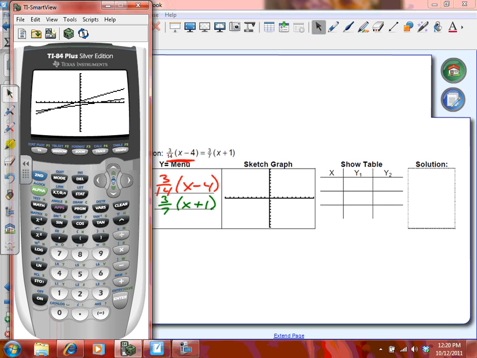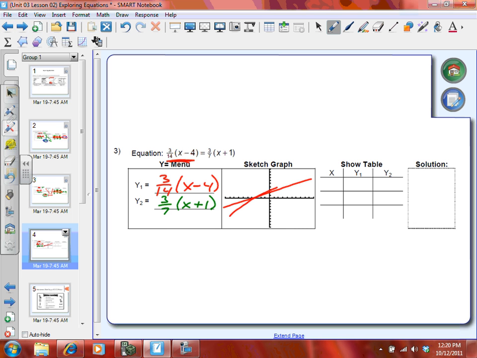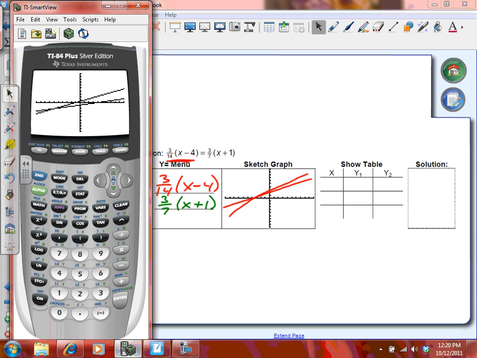So this is what the graph looks like. We'll get a rough sketch of that. Mine's a little off, but it'll work. What we're concerned with is the intersection. Where are those two lines crossing? Remember, the way we did that was we went to second trace. We used number 5, intersection. Just remember you have to hit enter 3 times. And you'll notice down there at the bottom, we get 2 numbers,